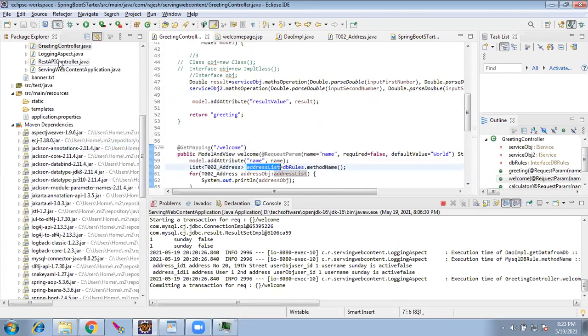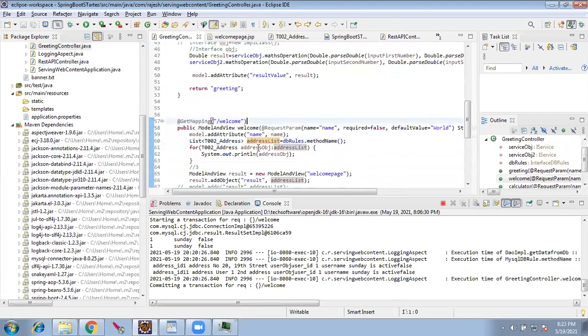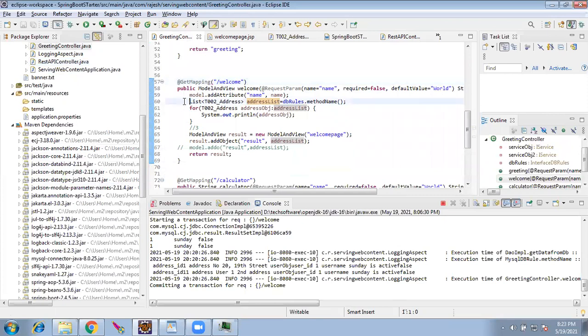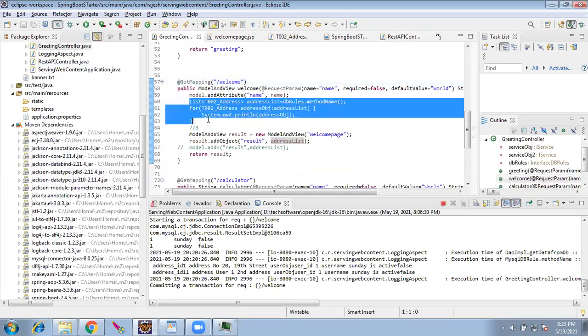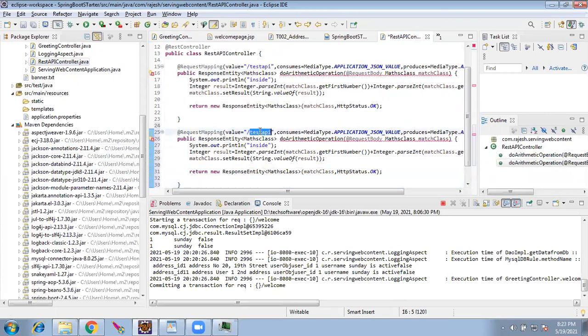We wrote a REST API controller, right? What I will do is write one more API, get address. This is an API now. The input can be anything.